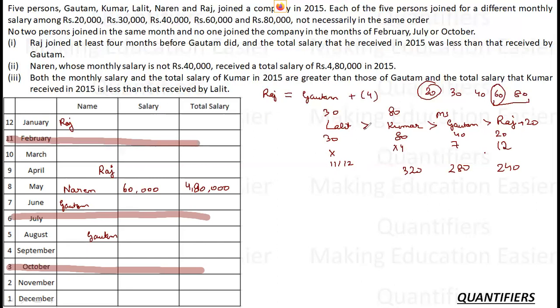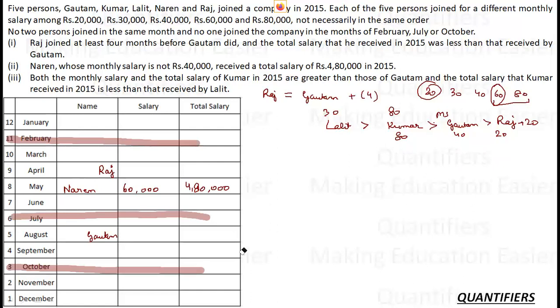If I want to make Lalit's salary more than Kumar's salary, he has to work 11 or 12 months. Can I say both are not possible because in February no one is joining and 12 months is already allocated to Raj? If I am taking the case when Raj is working for 12 months, this case does not even exist. It cannot exist. Which means this is a flop case and should not be considered. Raj cannot work here and Gautam cannot work here.